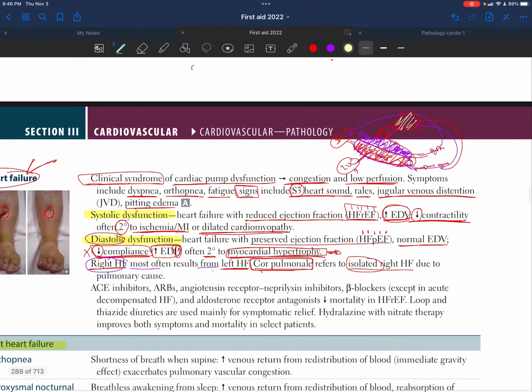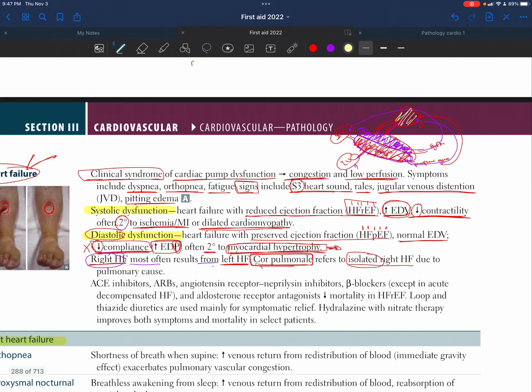If the main issue is pulmonary, then we end up with right heart failure, and that is called cor pulmonale. The treatments we can use are ACE inhibitors, ARBs, angiotensin receptor neprilysin inhibitors,